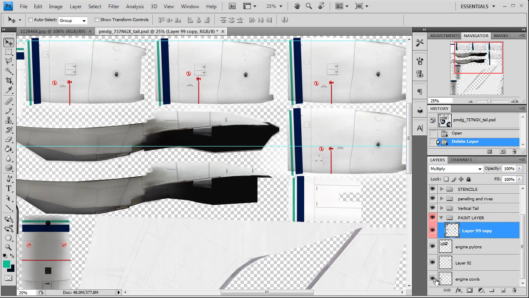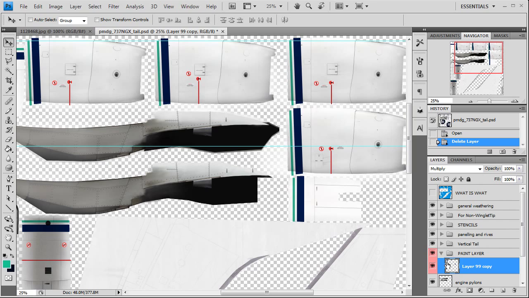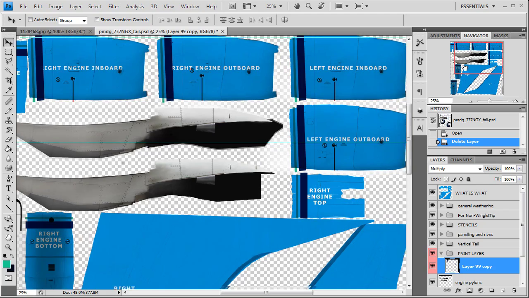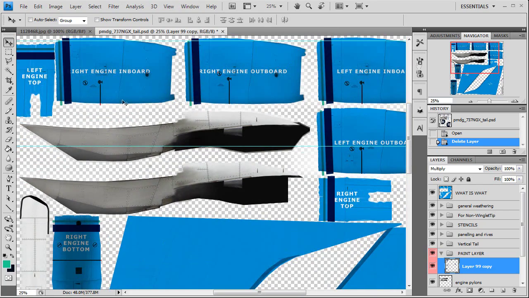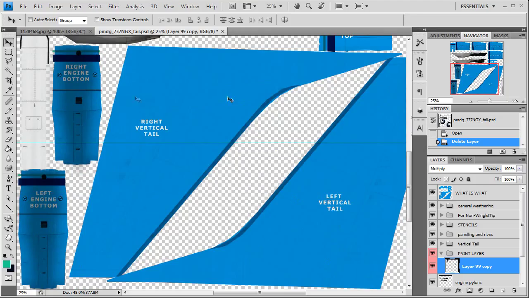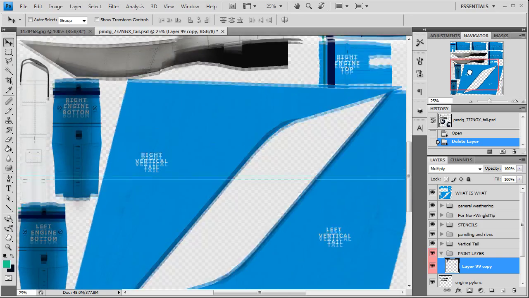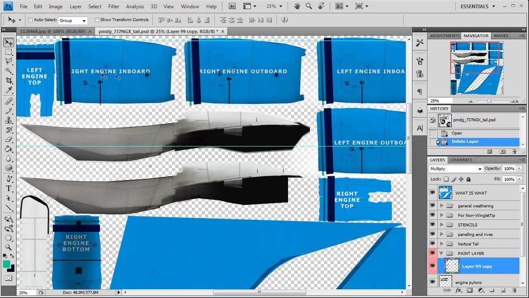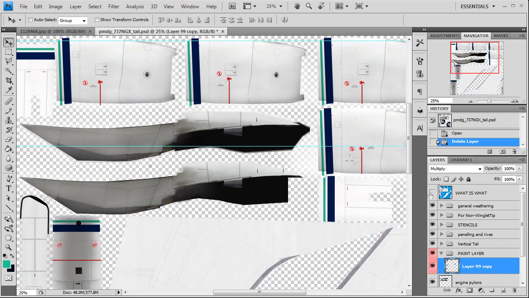and within that you have the engine cowlings, and then you have the, what's that layer. It tells you left engines inboard and outboard, right engine inboard and outboard, right engine top, left engine top, right engine bottom, left engine bottom. As you can understand, these all have to line up, and from the previous paint, these are actually already lined up. So